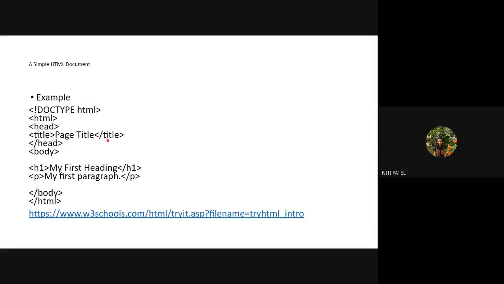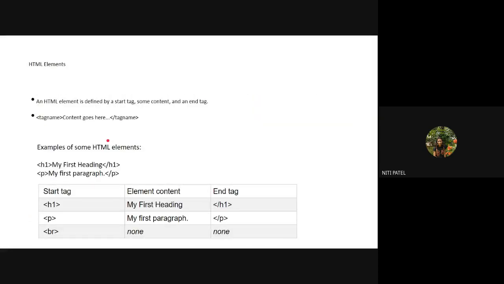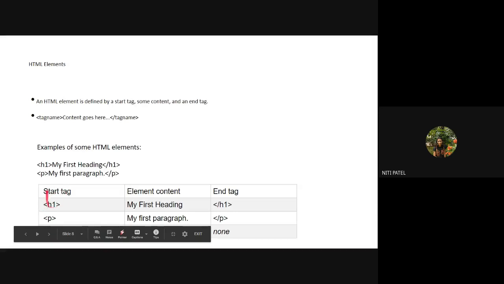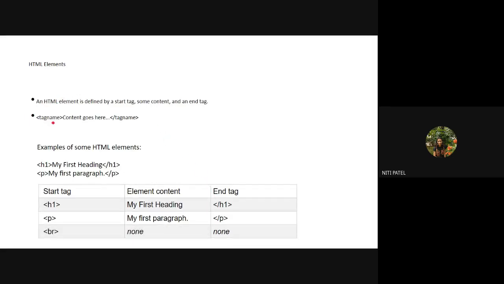Are you understanding? So every element that you write has a start tag, some contents and an end tag. The tag name is nothing but the start of the tag. Then you have the contents, and again the closing of a tag, which is nothing but the end tag. So how is the tag closed? By using this backslash. जो नाम से open किया है वही नाम से close होगा, but by using the backslash in front of the name. And that backslash is used only when you want to close. Open के time पे backslash नहीं use होता है. Open के time पे सिर्फ नाम, closing के time पे backslash with the name.